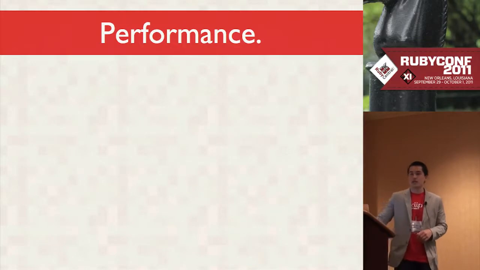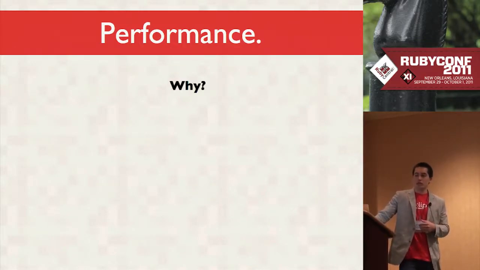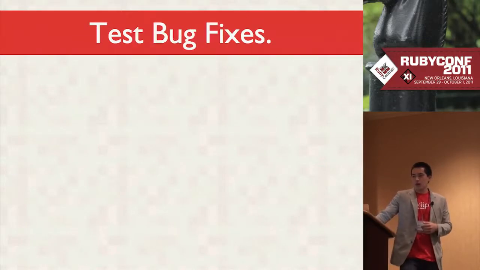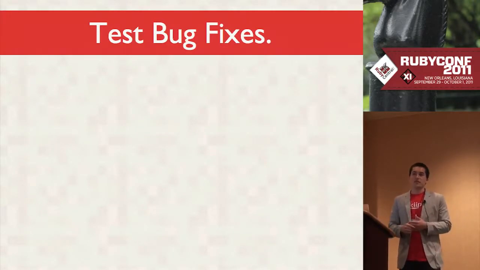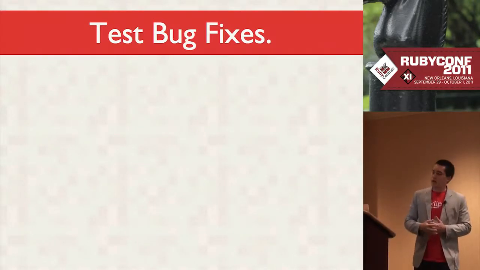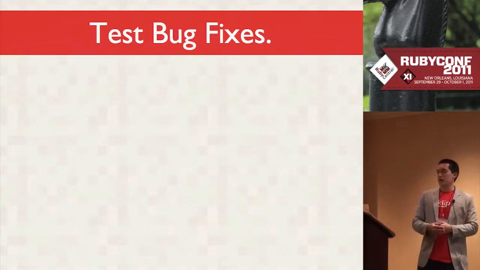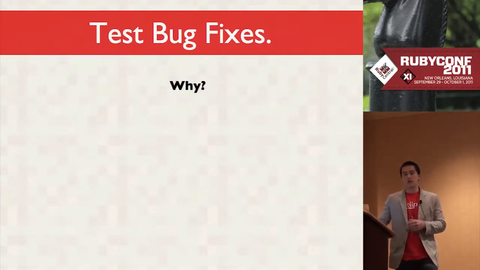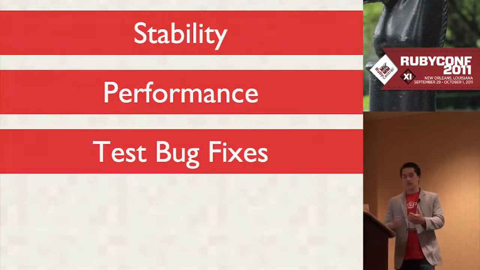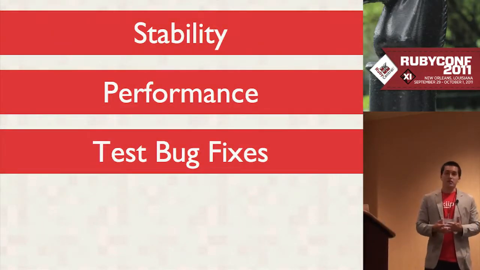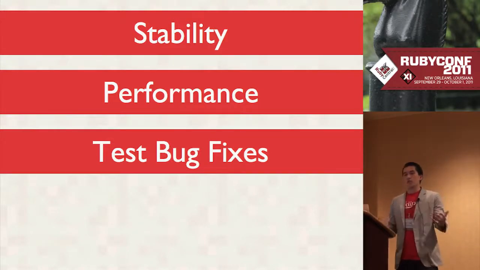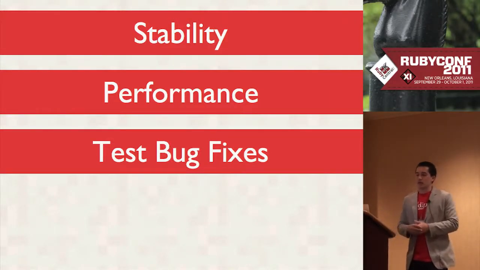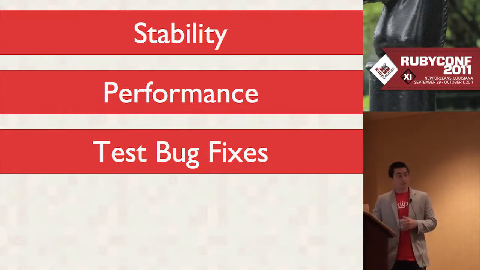And again, this is a good answer. And again, I want you to think one level higher and think, why is this important at all? And the third most popular answer I usually get is to test bug fixes, to verify we don't get regressions in our code. This is kind of hand-in-hand with stability. And once again, why does this matter? So we have these three things. They're all very good answers to why we test. But I think there's a more general reason overall to why tests are good.